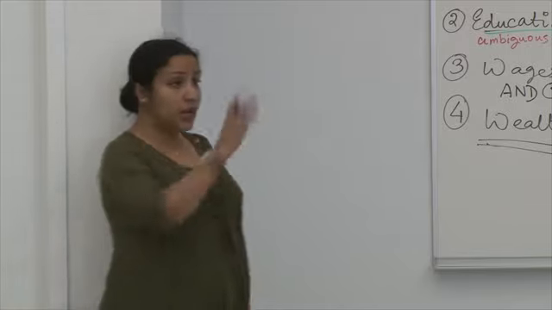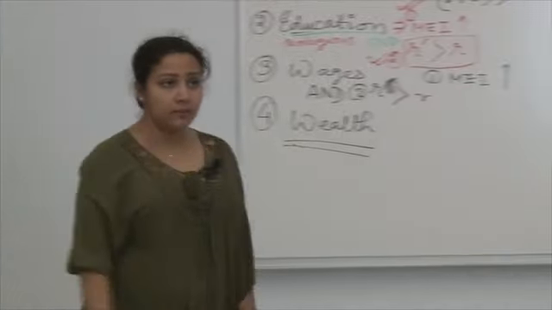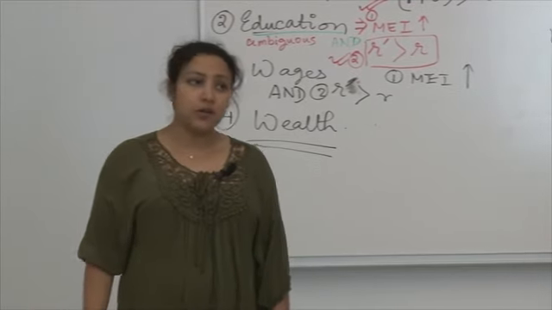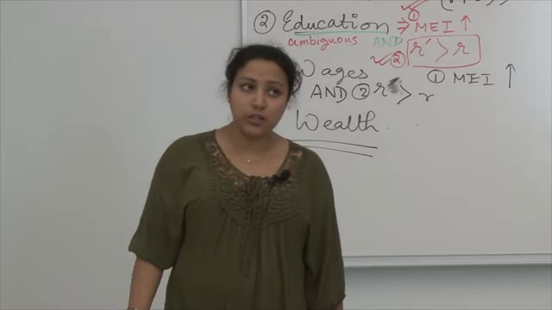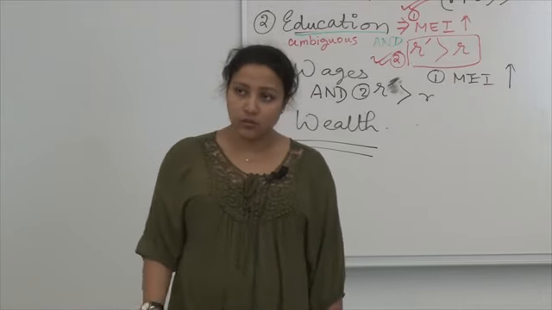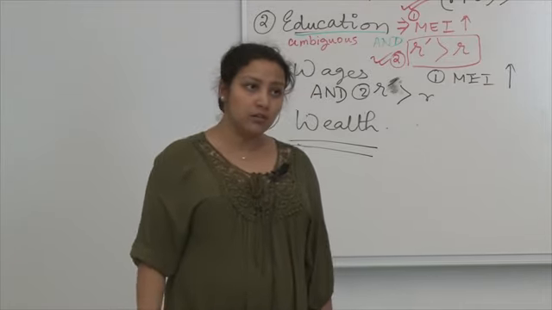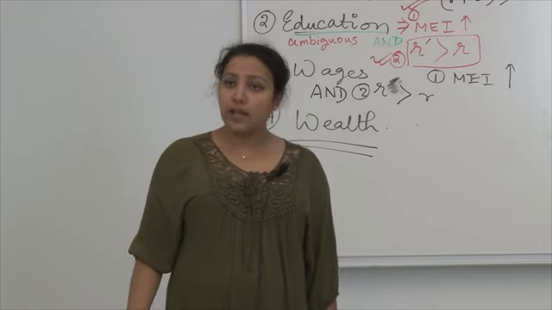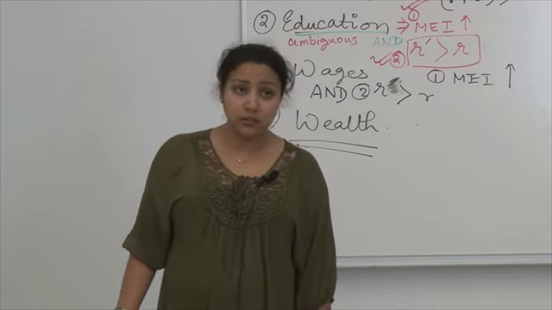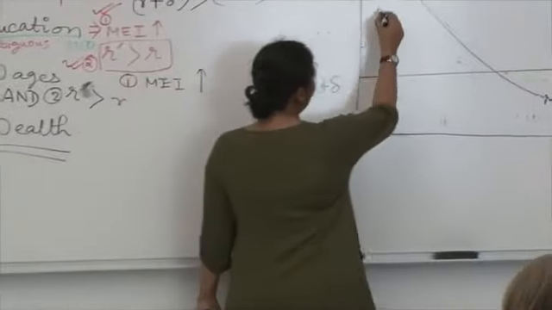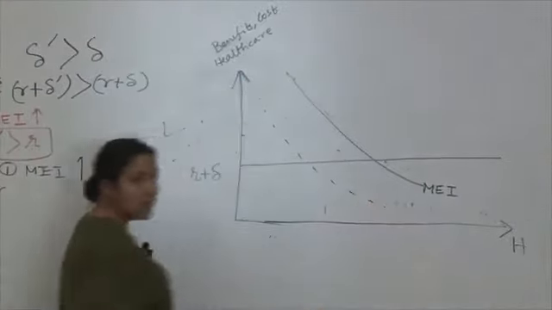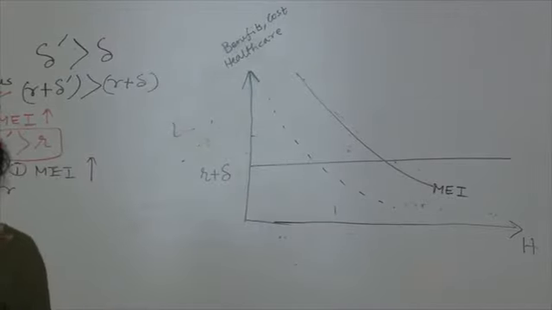Isn't it? So that way it's going to be on the right hand side, right? For a wealthy person, can the marginal efficiency of investment, the marginal efficiency of the input, be on the left hand side also? Can you think of something? What's that question again? For a wealthy person, a person who has wealth, can the MEI dash be lower? Can it be on the left hand side? Can you think of something?